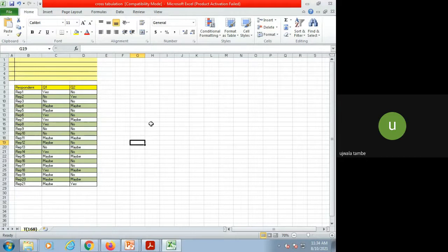Okay. So, there is one task for you guys. What you have to do? From the database, the respondents' question 1 and question 2 are given. You have to tell me whenever question 1 has the response yes, how many times the response for question 2 is also yes. Okay, means both are yes, yes. Then yes, no, and then yes, maybe. Okay, this is the first thing. Again, you have to calculate the responses for